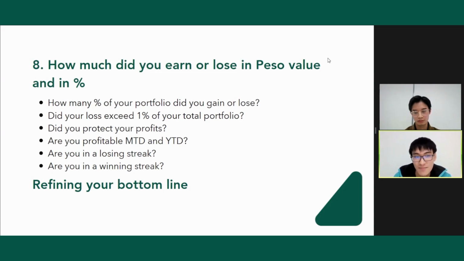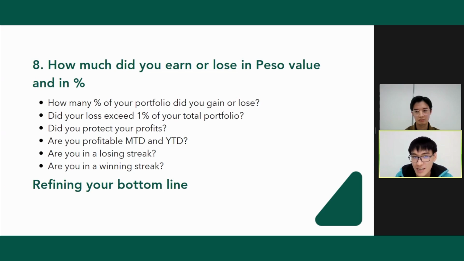Something like that. And next is, if you lost, if price hit your stop loss, did your loss exceed 1% of your total portfolio? Or did it exceed your computed value at risk? If you're risking only 1,000 pesos or 1%, and you lost more than 1,000 pesos or 1%